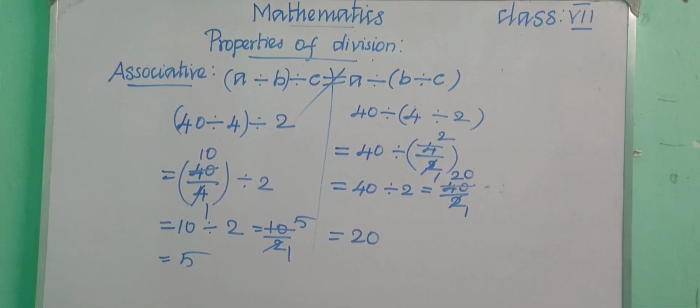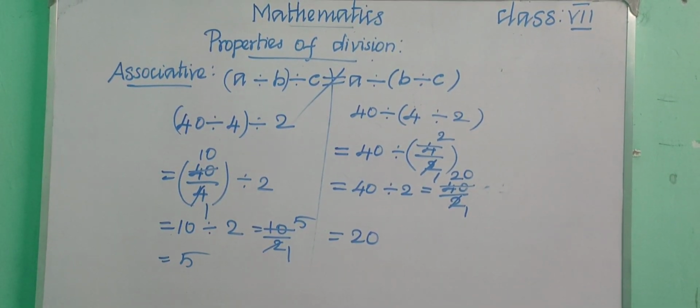Okay, is it clear? So none of the properties we have seen so far hold for division. Children, did you all understand? Closure property may or may not be possible for division of integers. It may be possible or it may not be possible. Then commutative, division of integers does not hold commutative property. And then associativity, we have seen that it does not hold associativity.